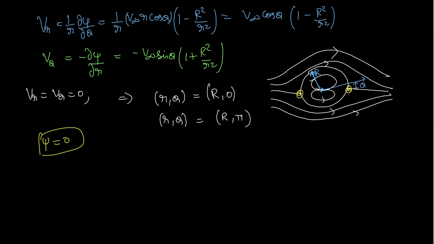That is the stream function. Another important result that we got earlier was R squared equals kappa by 2 pi V infinity. So we have R equals square root of kappa by 2 pi V infinity. So this is how we can get the mathematical representation of the non-lifting flow over a right circular cylinder. So that's all with the right circular cylinder and non-lifting flow.